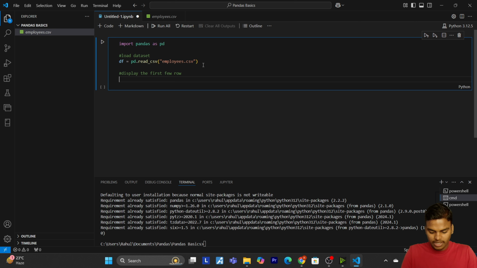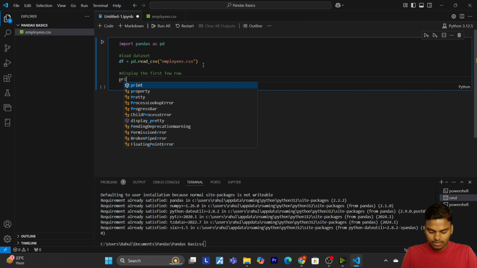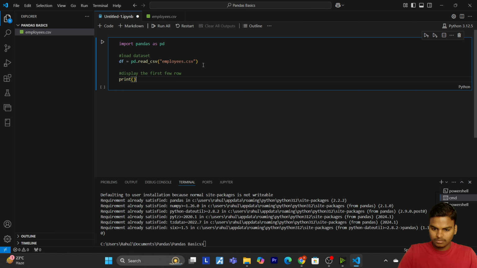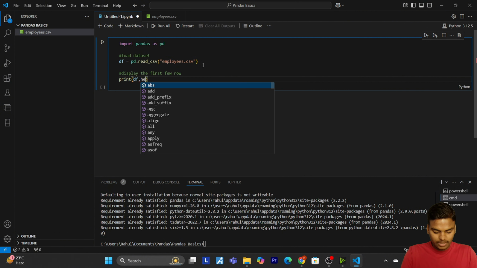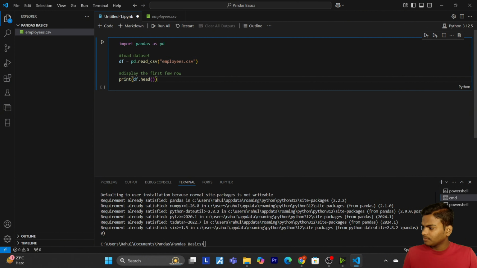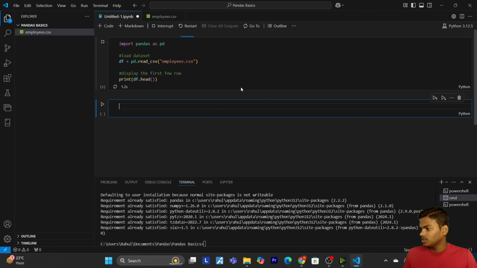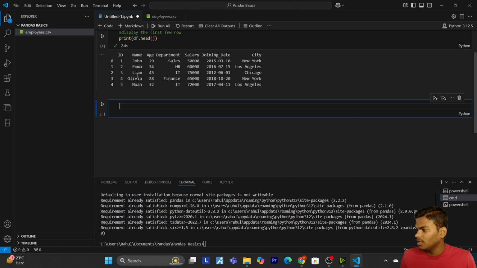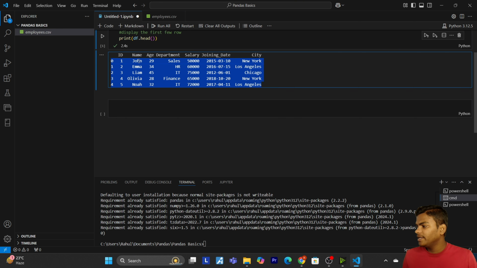For this I will just write print(df.head()). Now I will run the cell. Here you can see that I got the top 5 rows. As you can see, I have the column names: id, name, age, department, salary, joining date and city.